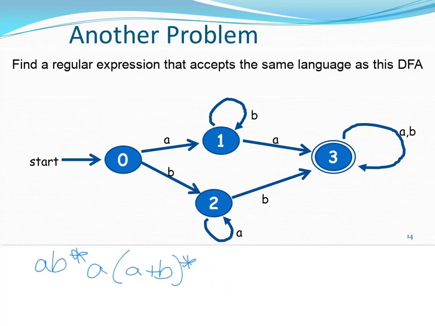There we go. The bottom path is a B followed by 0 or more A's and a B, and then as many A's or B's as I like. And both paths are legal, so this is the union of both sets in my language, or a plus if I'm making a regular expression. So my regular expression says I can have all strings that start with an A, a bunch of B's, then an A, and then whatever I want, or